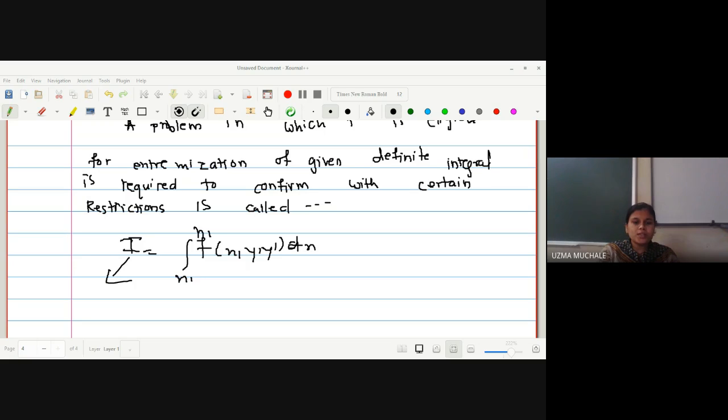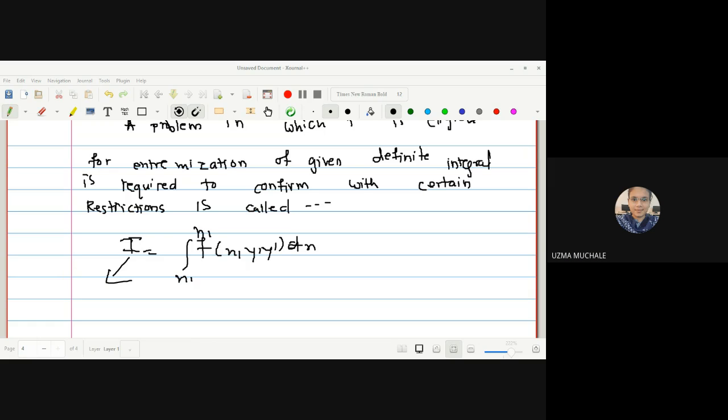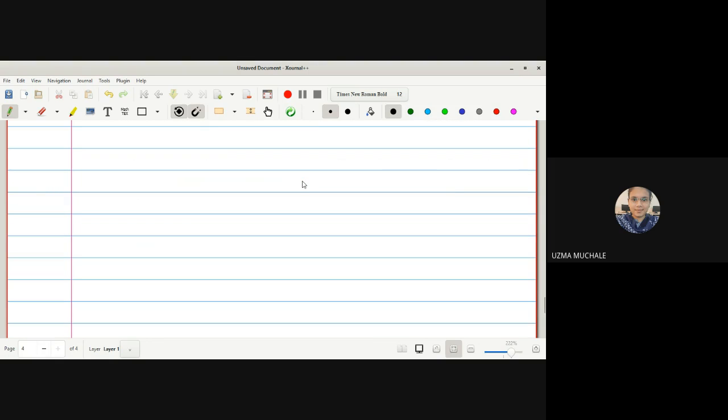Okay, so now let us go for the first version that we initially saw, f is a function of x, y, y dash, which we will see with the help of a restriction. Now let me write down the statement. The first one, with the heading of isoparametric problem: obtain the Euler-Lagrange's differential equation